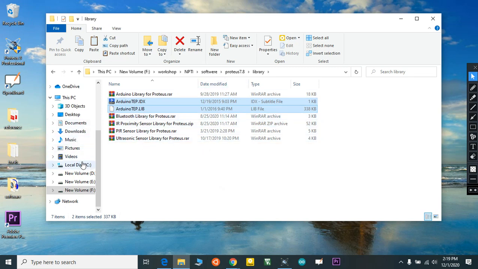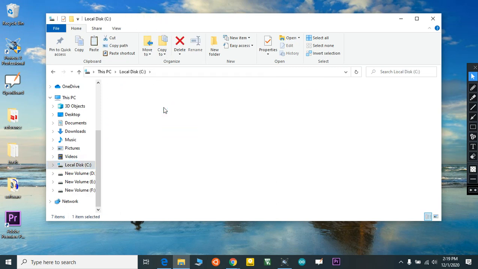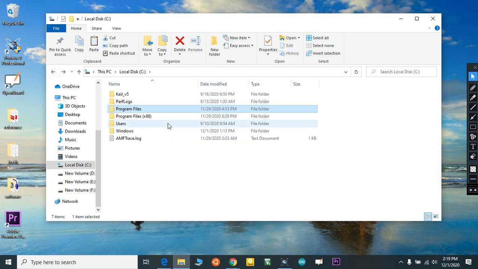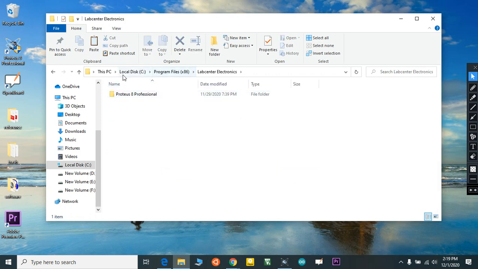By default it's installed in your C drive, Program Files (x86), I think. By default it is installed in the same directory, Local Disk C. Inside Program Files x86, you can see a folder named Labcenter Electronics.